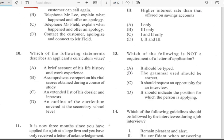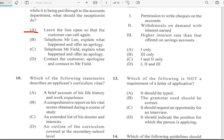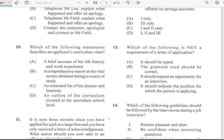Number 10. Alright. Sorry. So number 10. It says which of the following statements, sorry, which of the following statements